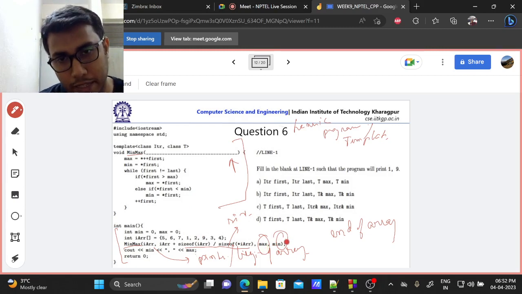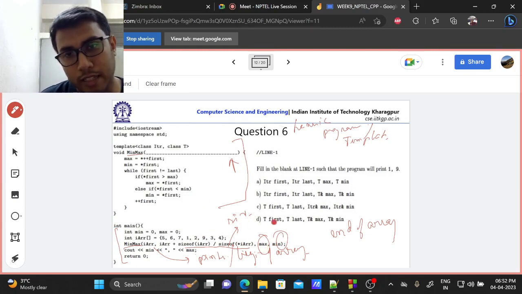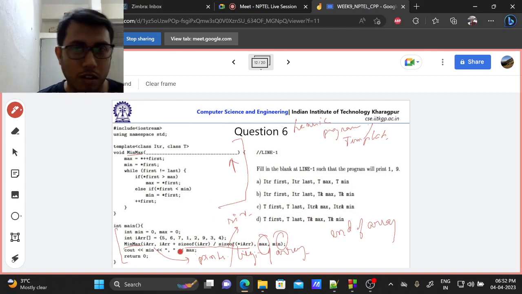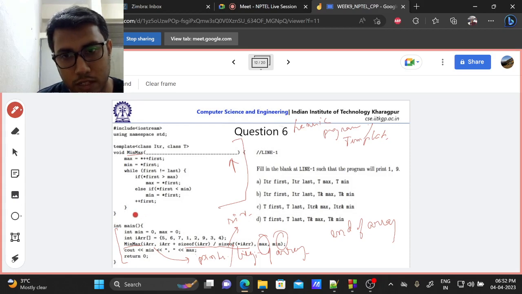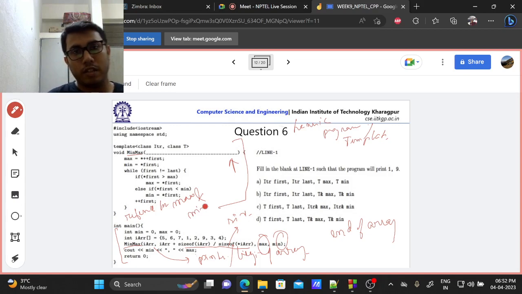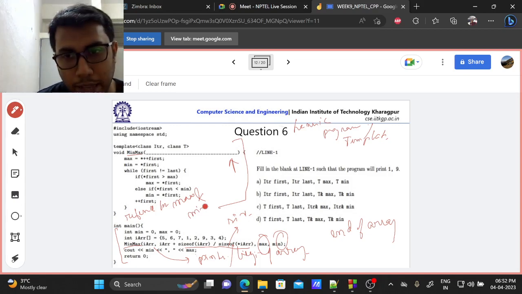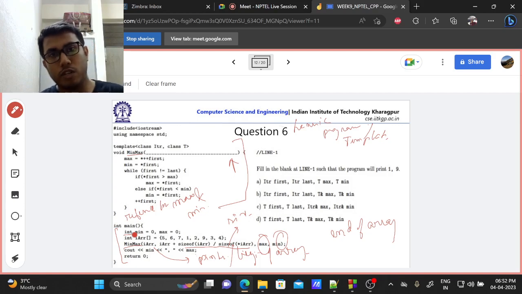Since you are passing max and min and you are expecting these values to change and get printed here, you need to use a reference for max and min, right? So what are the max and min types? Max and min are of type int. So it has to be